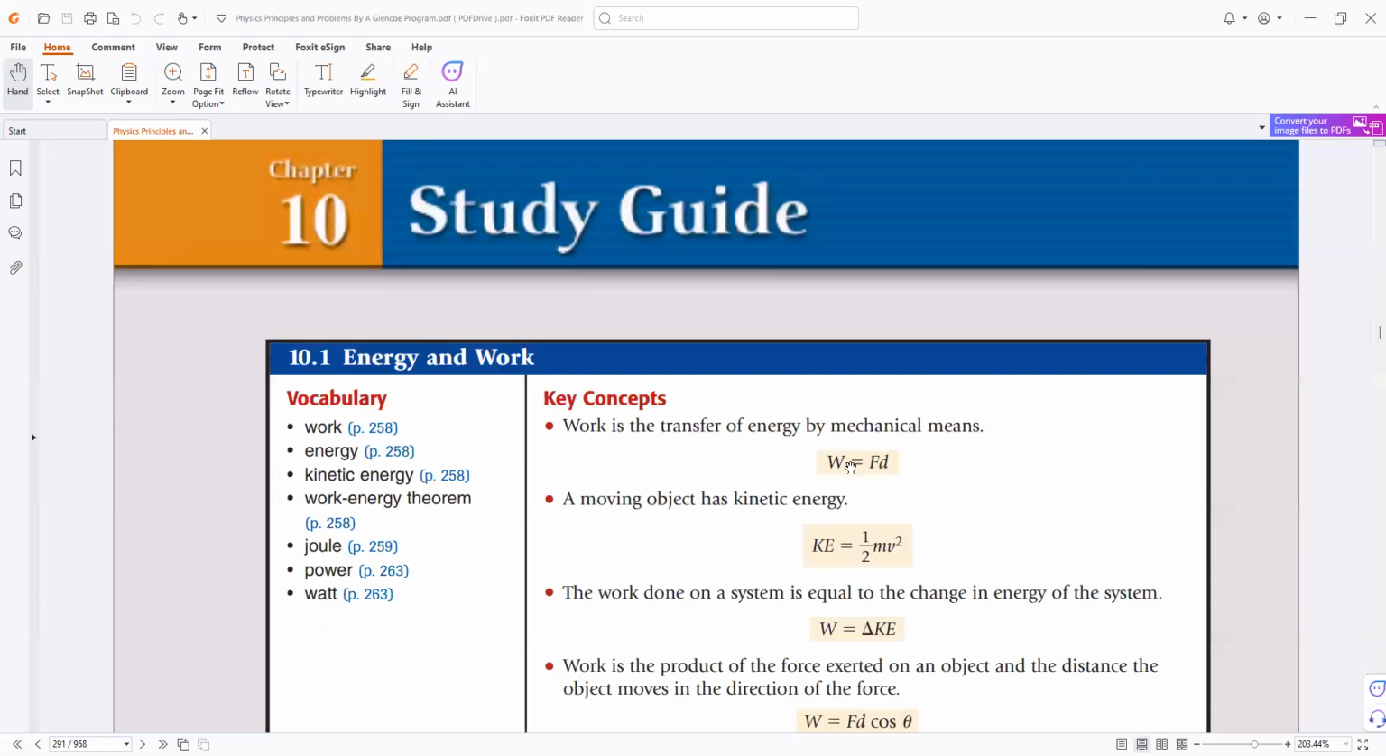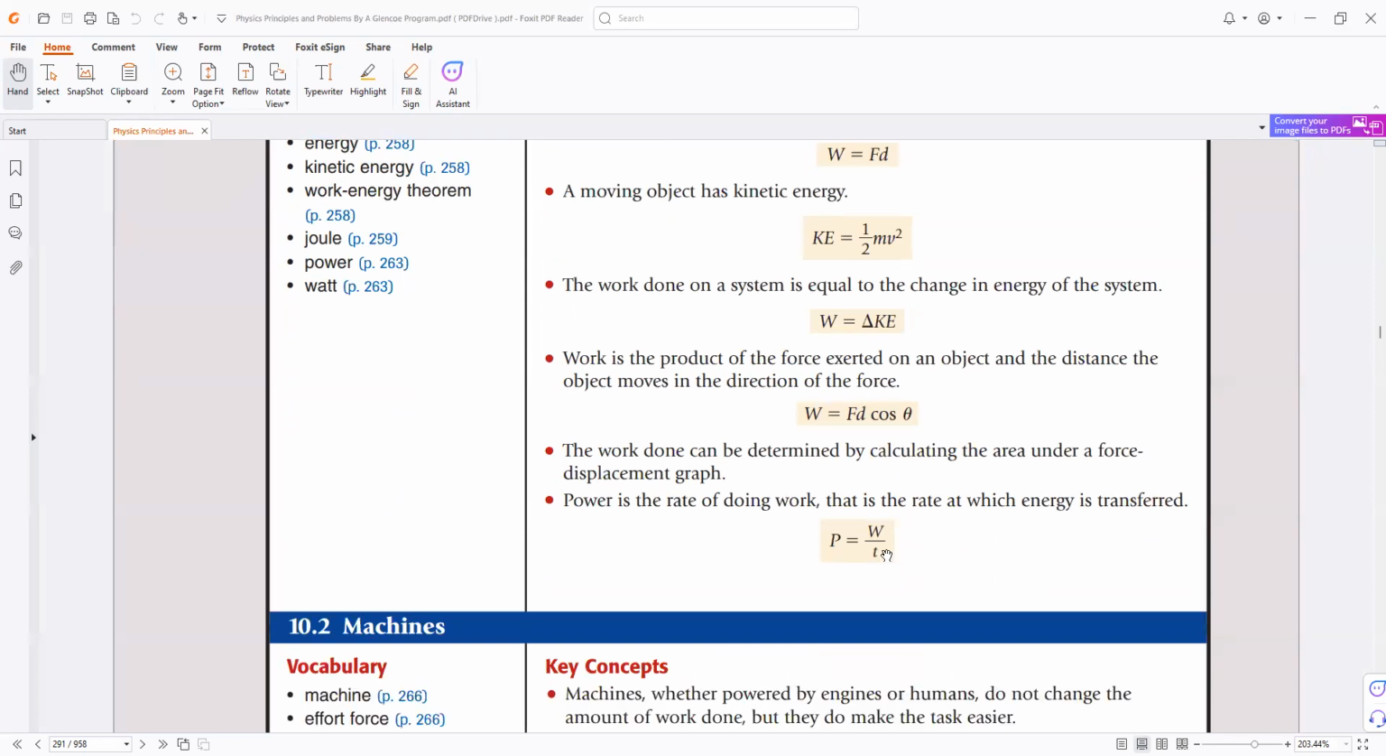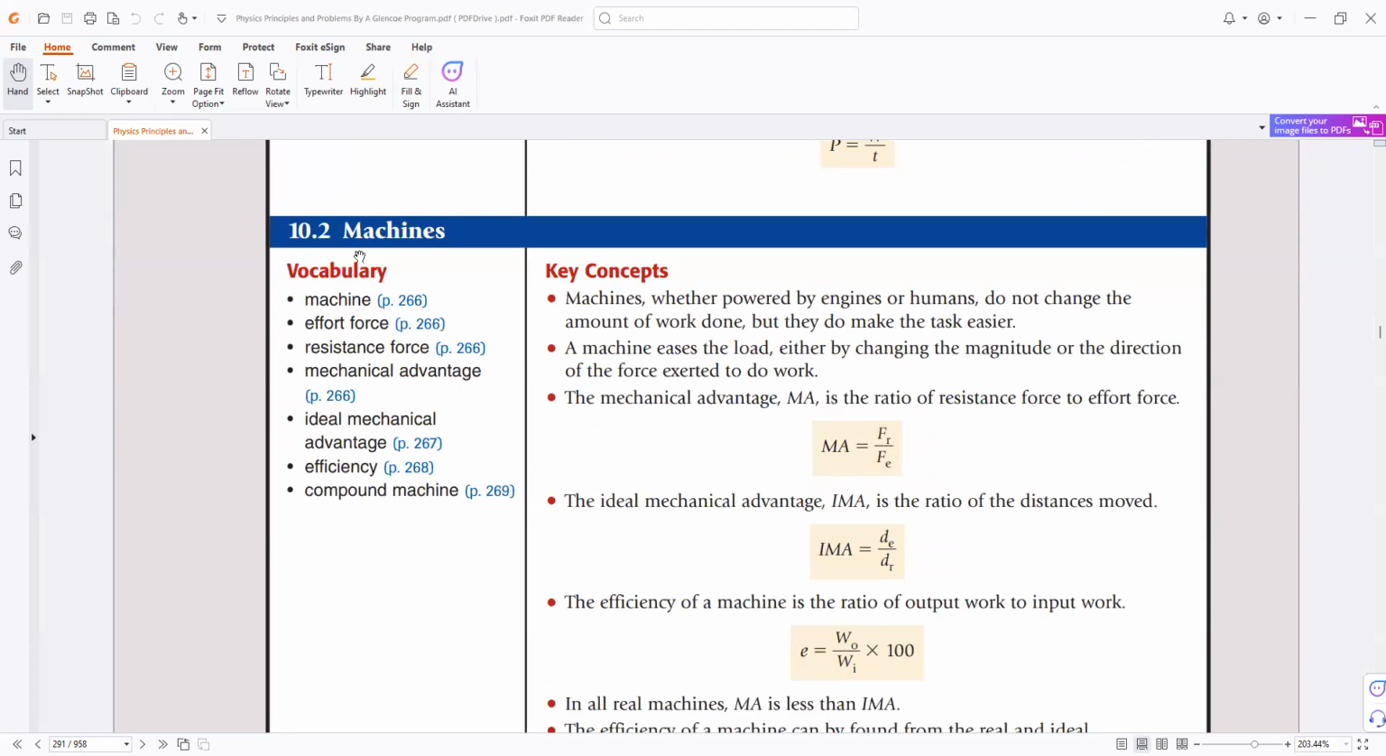So chapter 10, this is what we have now. Work formula we have, kinetic energy formula we have. Am I right, everybody? Work done we have. Work done is F s cos theta, and power is work done over time. So key concepts, vocabulary. Have you experienced that physics chapter vocabulary will come? Yes, this is what is